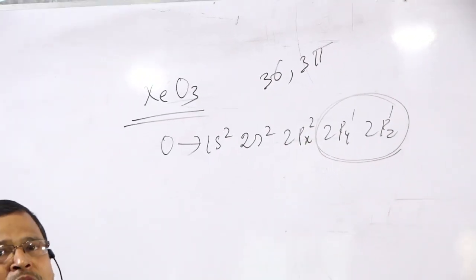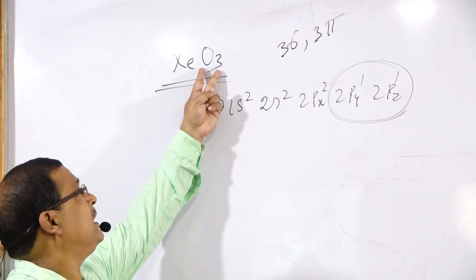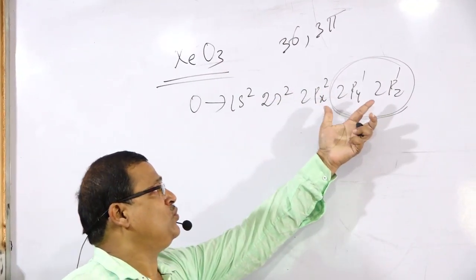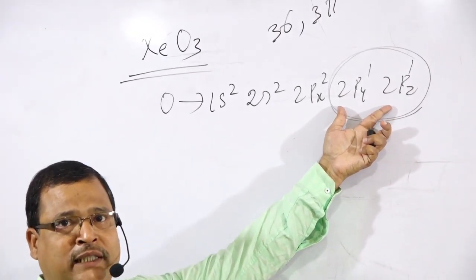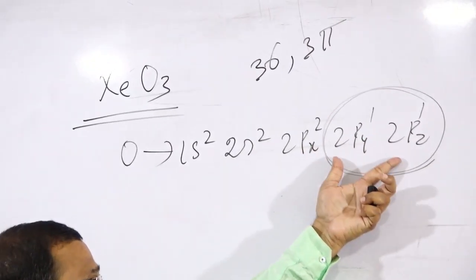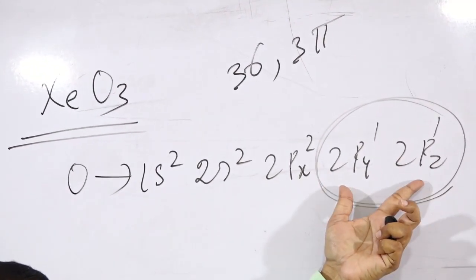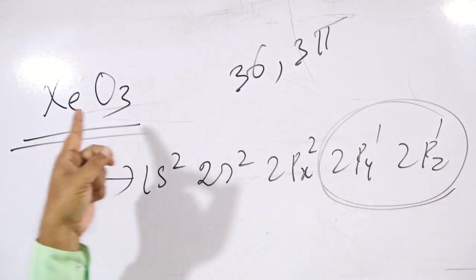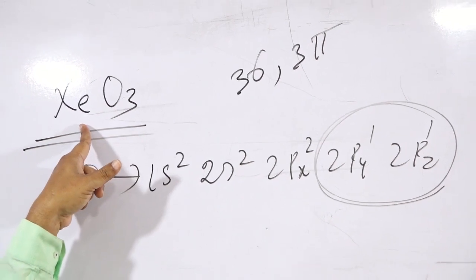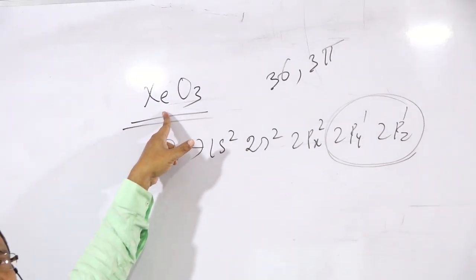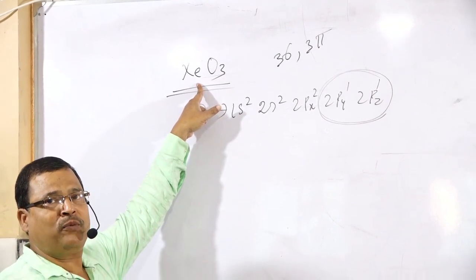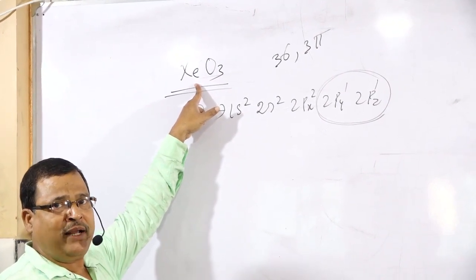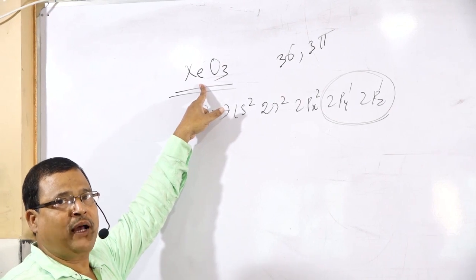Total number of bonds that will be produced by that oxygen will be 6, because 1 oxygen atom will form 2 bonds, so 3 oxygen atoms form 6 bonds. So these 6 bonds that will be produced by 3 oxygen atoms with the same central atom means 3 will be sigma and 3 will be pi. So a hybrid orbital containing an unpaired electron will form sigma, an unhybridized orbital containing an unpaired electron will form pi.